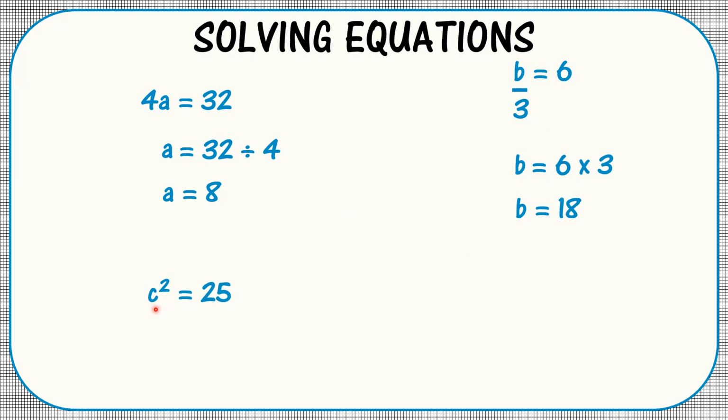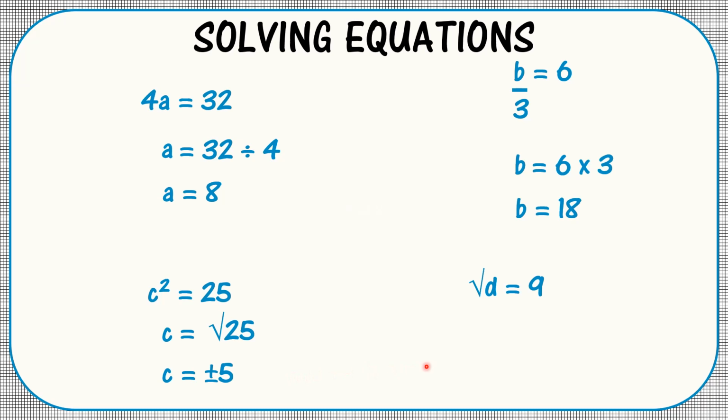Another example, c squared is equal to 25. What we want to do is get rid of this squared. When we take the squared to the opposite side, the opposite of squaring a number is square rooting it. So we line up the equal sign. c is equal to the square root of 25. c is equal to plus or minus 5. In a future video, I may explain what this plus or minus